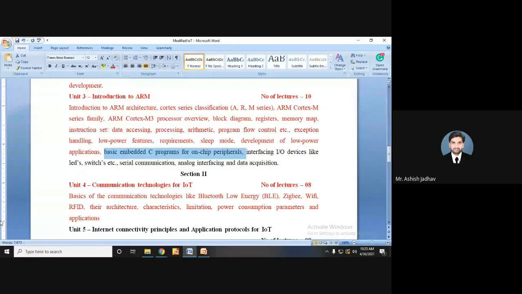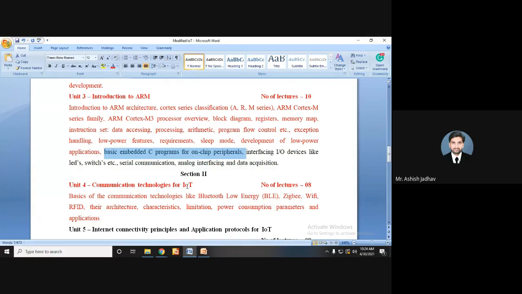For your examination, if C programs or assembly language programs are asked, usually in examination they do not ask for programs, but if they ask, you can write either an assembly program or a C program, right? Assembly instructions are going on.